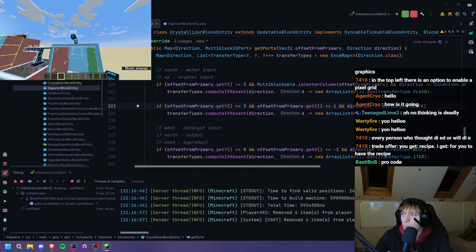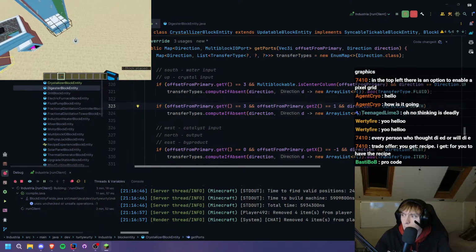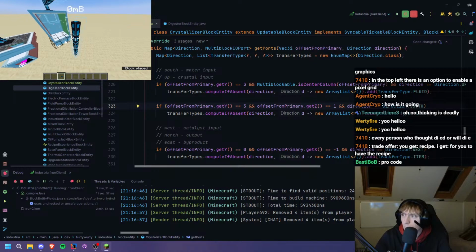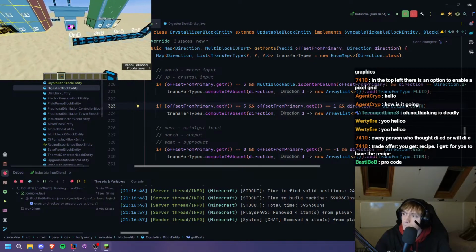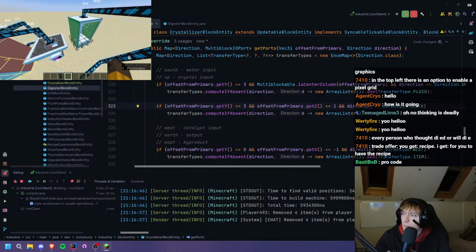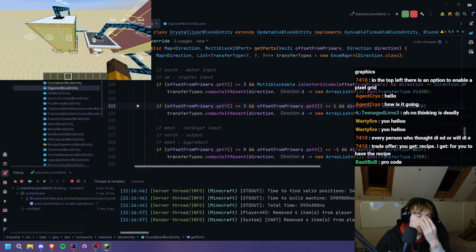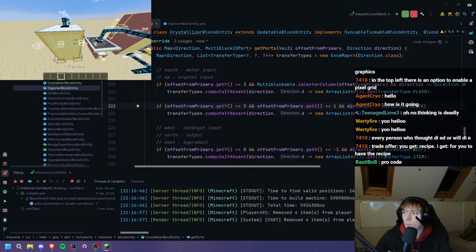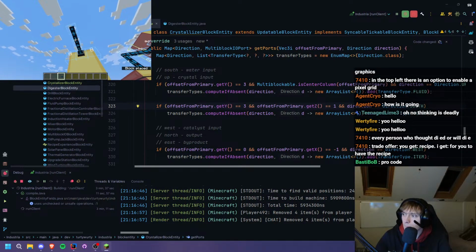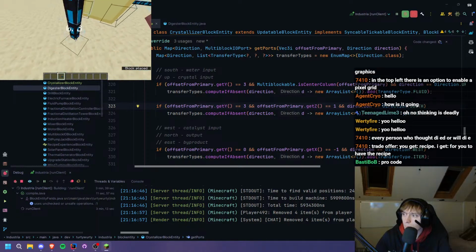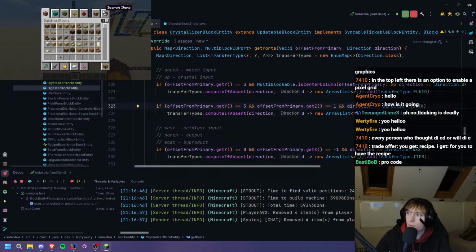So I will bring this down like that. And I'm actually not going to insert it yet because we're also going to need to insert the water as well. So I'll put one here. And the water is all the way over there,